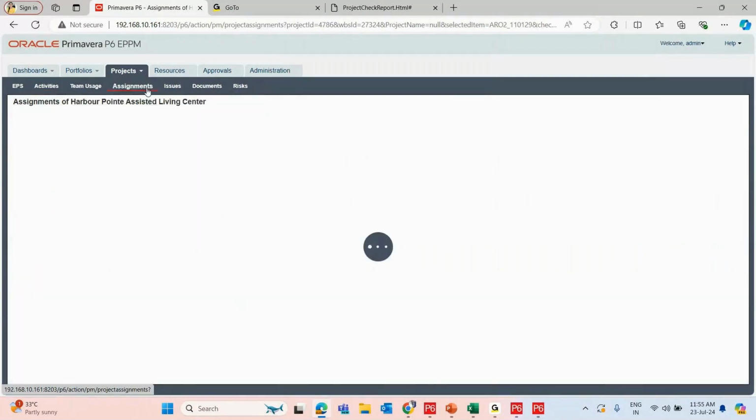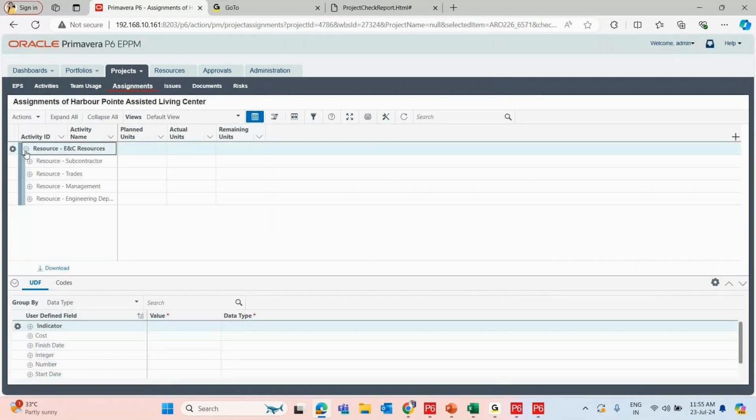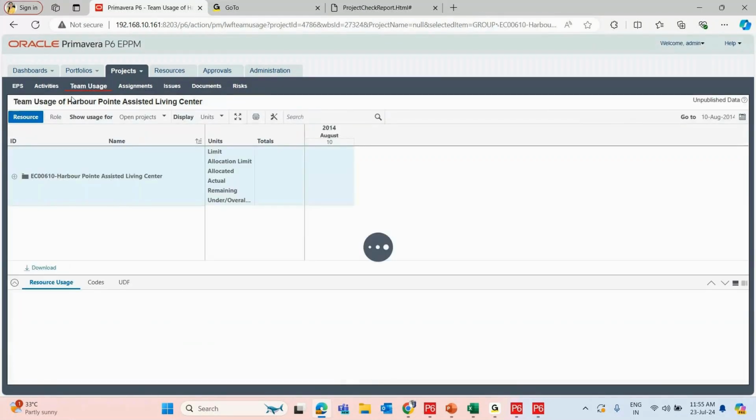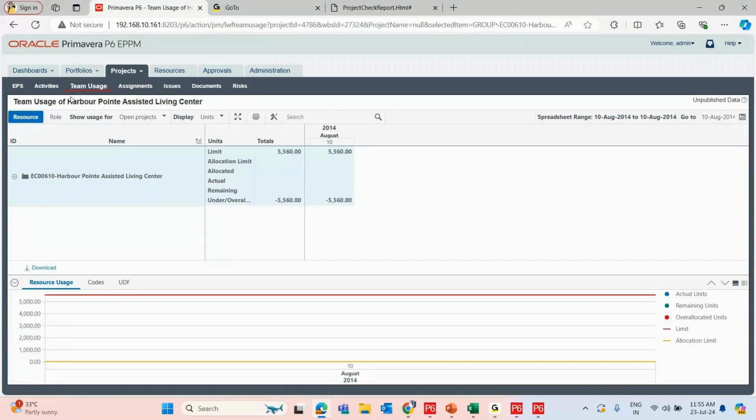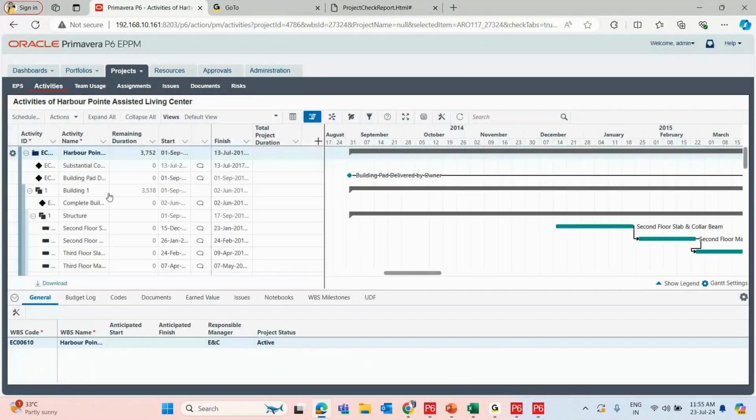So when I go to assignments, here also in the start and finish date, we can see the same here. This particular started and finish date, wherever it's showing, we can use that option. And then the next feature,